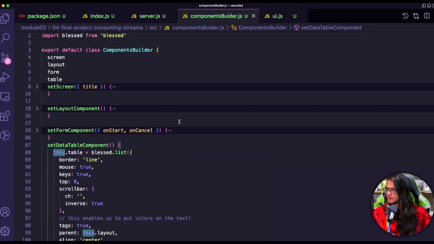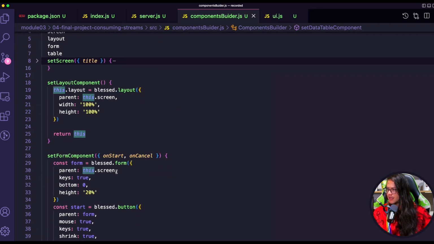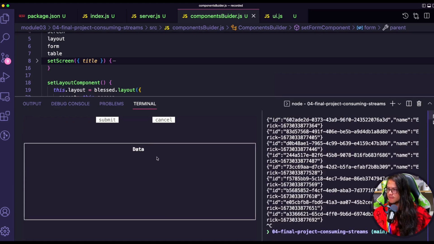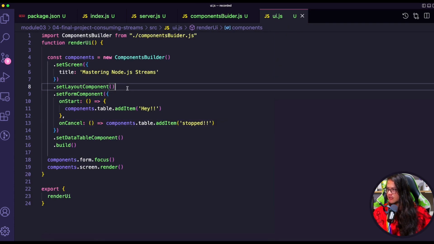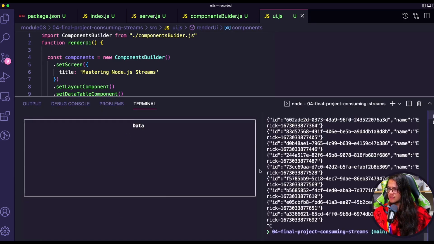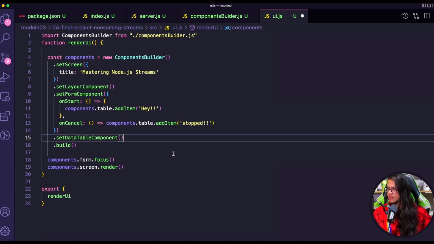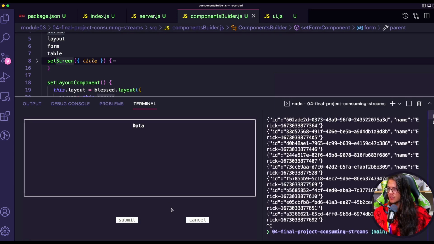I am just unsure here because we are using the screen here. I think the form should be on the layout as well, right? Let's check it out. If I put on the layout first, maybe it's the rendering order. What if I try putting the table first? Well, it disappeared. Yeah, I think we should keep it there. Yeah, so the parent is screen for the form as well. Okay,